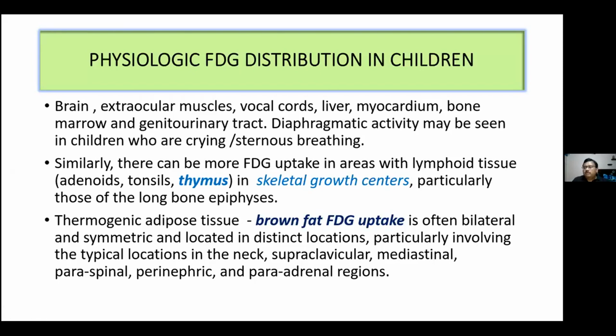It is often bilateral and symmetric and is located in distinct locations, particularly involving the neck, cervical, supraclavicular, mediastinal, paraspinal, perinephric, and paraadrenal regions. Where does this pose a challenge to us? It poses a challenge in lymphomas, where you have nodes also in the cervical region and you also have this brown fat. So the thing is that in the West, they have a very nice